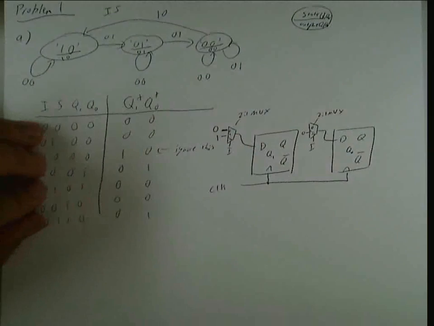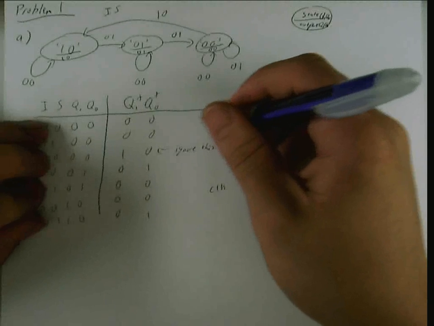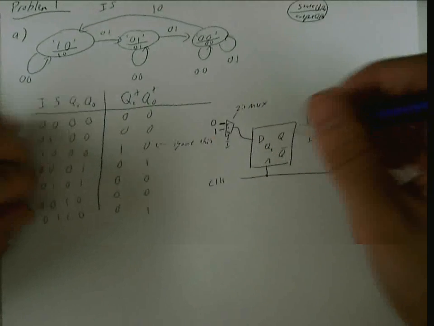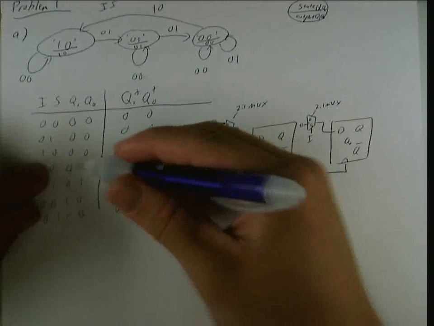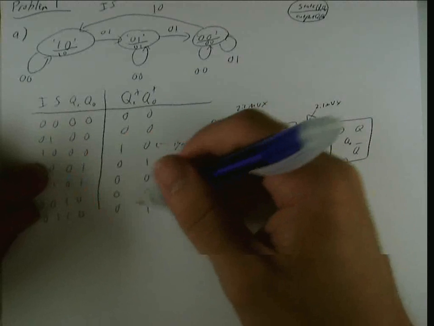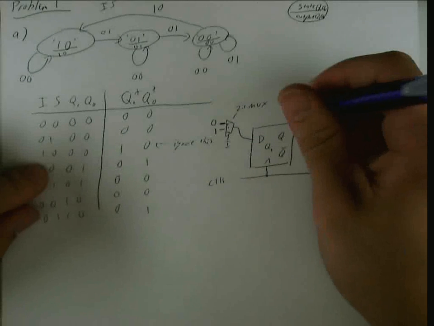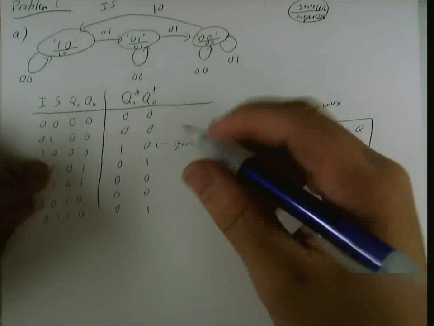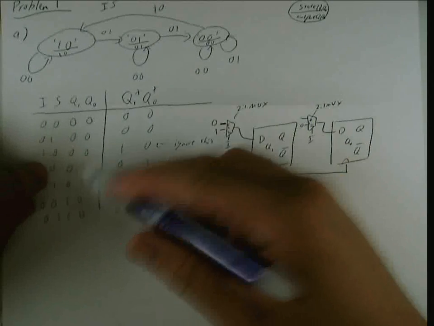So this needs to be ANDed with, normally I would AND this with the shift, but that doesn't need to happen. And then here we've got Q0 plus is 1 with Q1 is 1, S is 0, Q1 is 0, S is 1. So this is just going to be the XOR, basically, of those two. No, I don't want to do that, not an XOR. So it's going to be